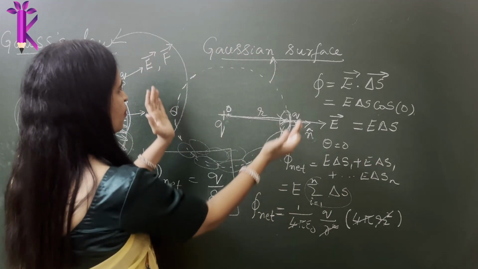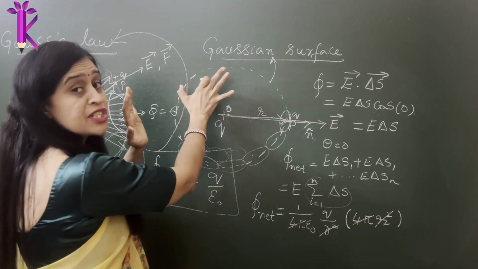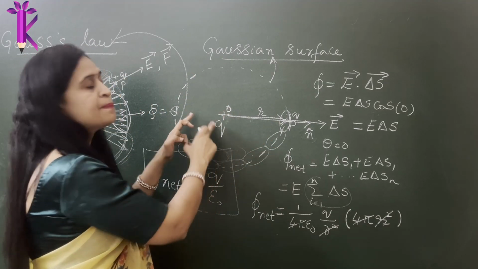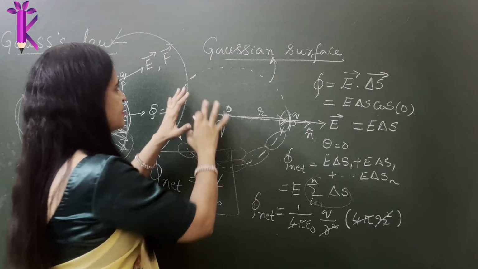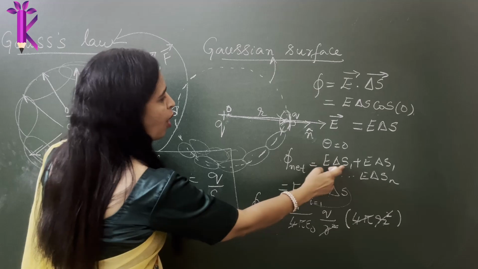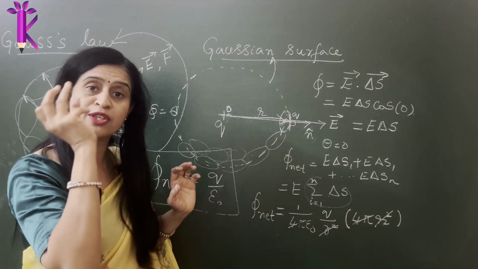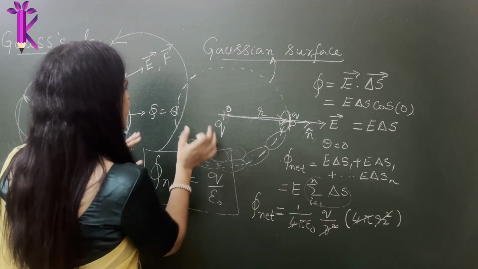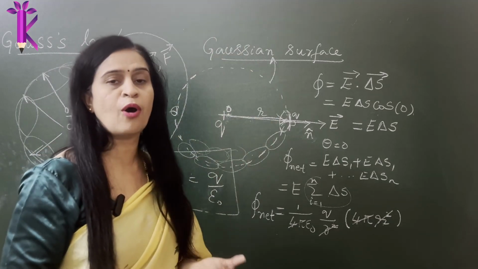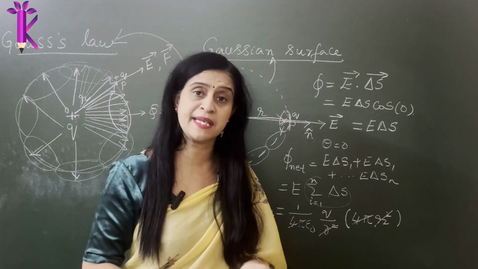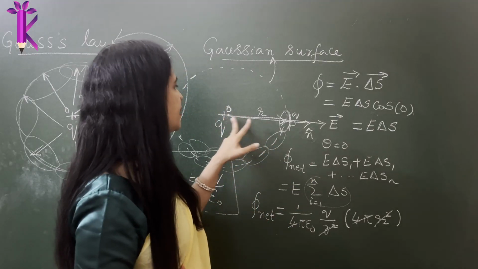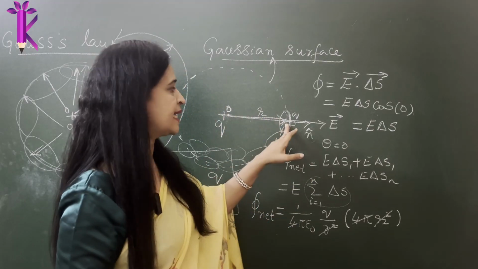So if you have that football coming out of the board, that imaginary football which we call the Gaussian surface, where we assume this point charge to be placed inside the surface, you see that this has been divided into so many small surface areas. They're all unit cross-sectional surface areas. So on, and instead of summing up all of them, we know that the area of a sphere is given by 4 pi r square, where r is the distance between the two charges, the source charge and the test charge.